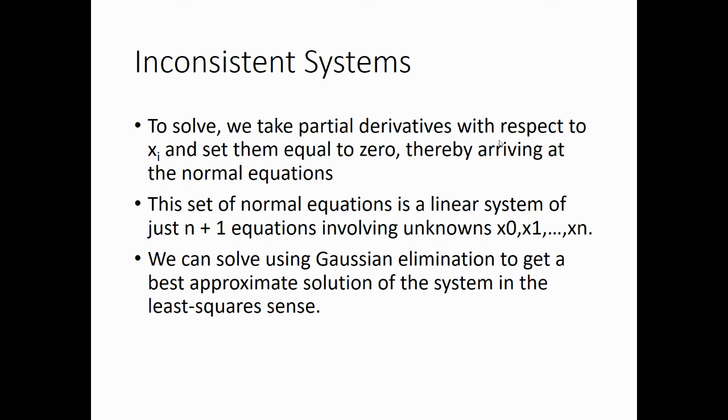So, to solve the inconsistent system of linear equations, we take the partial derivatives with respect to x sub i and set them equal to 0, and that helps us arrive at those normal equations that we've been using. This set of normal equations is a linear system of n plus 1 equations involving unknowns x0 through xn. We can then solve that using Gaussian elimination to get the best approximation of the solution to the system